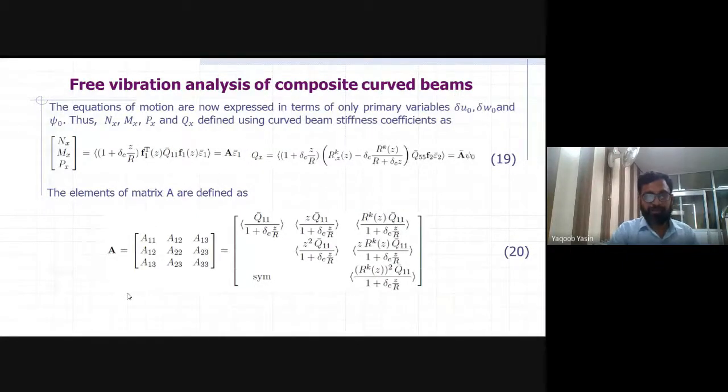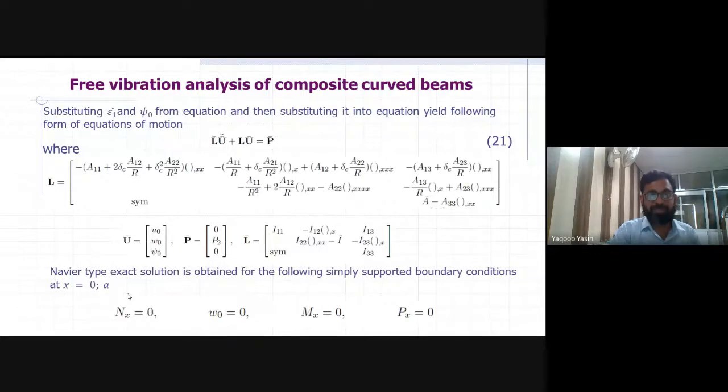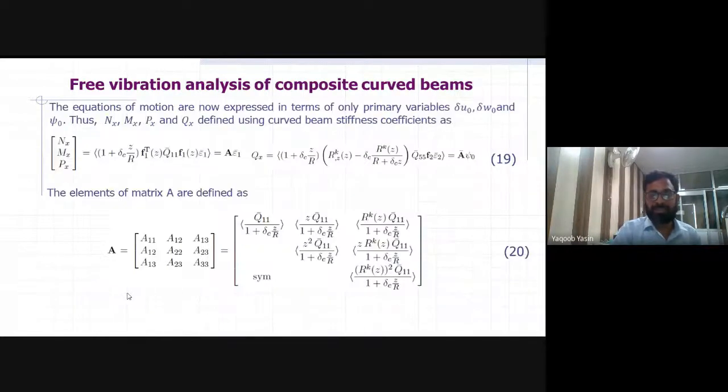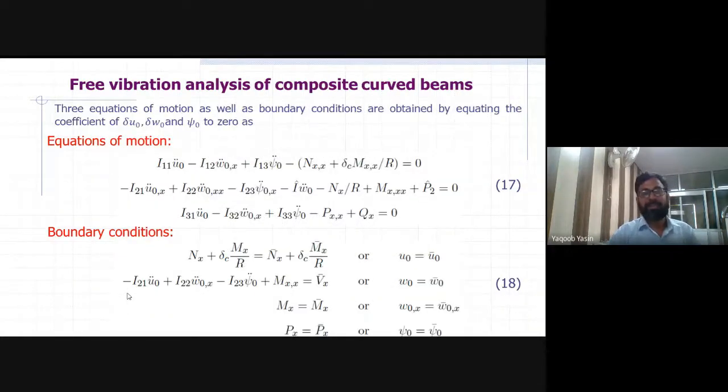So first, for finding the solution, we represent equation number 17 in terms of matrix form. For finding the matrix form, you can very easily see the left part, which is represented by I11, I12, I13. We have the expressions of displacement. But on the right side, Nx, Mx by r, we have some force resultants and moment resultants in this case, and they are not represented in terms of displacement.